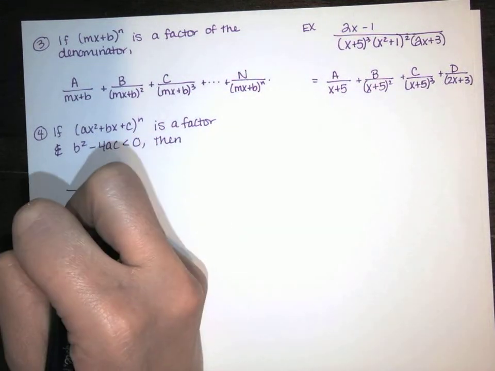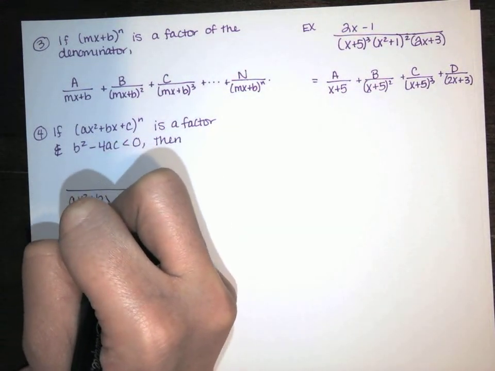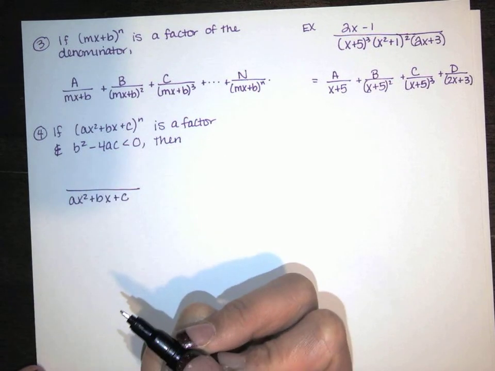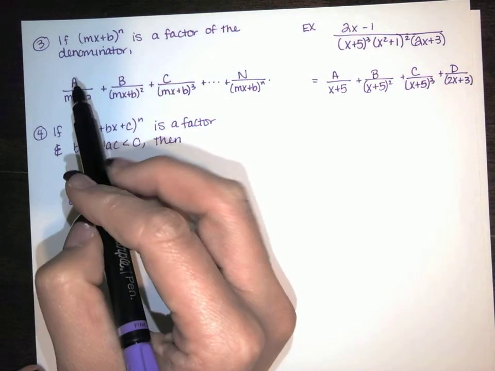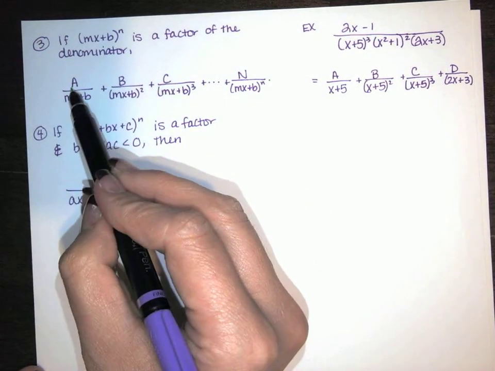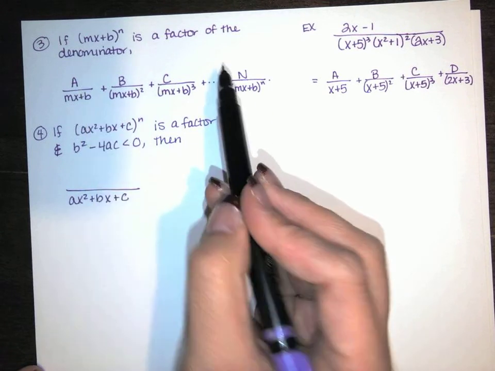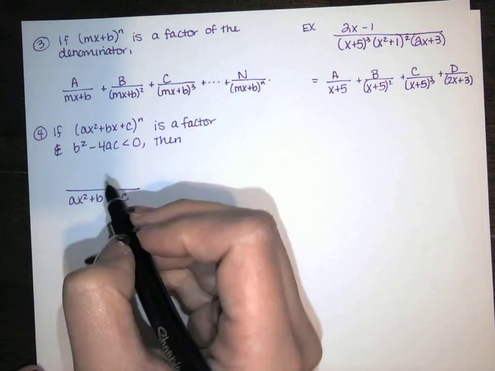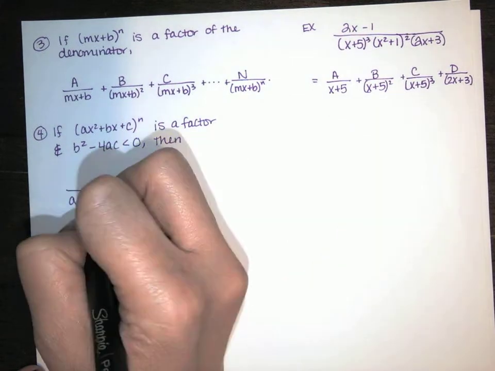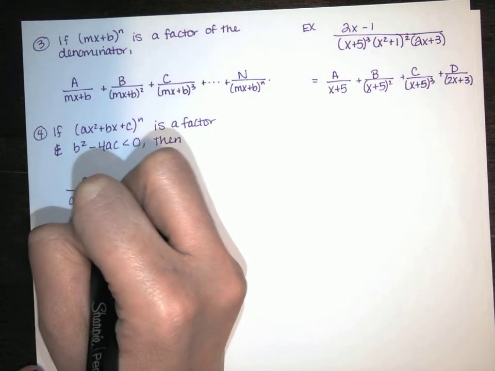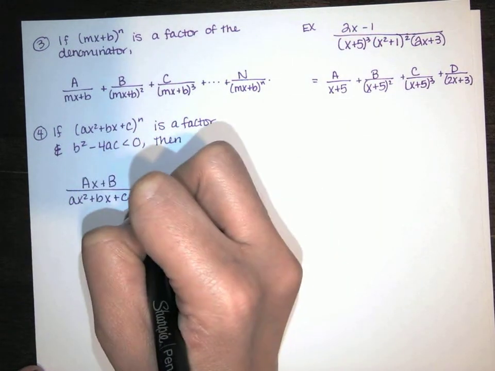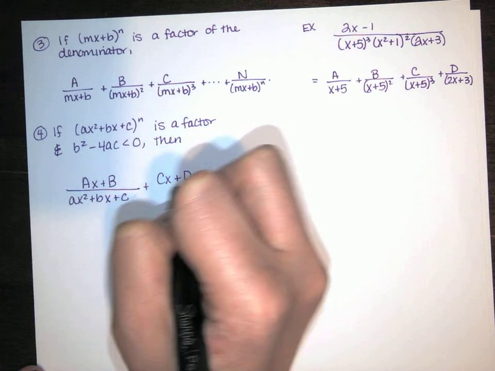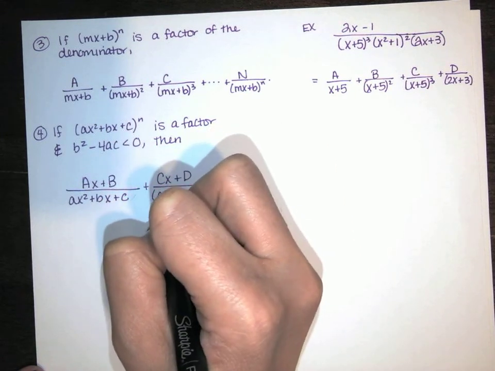Every irreducible quadratic gets a linear expression in the numerator. So for a linear factor, which is degree 1, in the numerator we get something that's degree 0, just constants. This is degree 2, in the numerator we're going to get something that's degree 1. It's 1 degree less. So I'm going to see ax plus b over that, plus cx plus d over that squared,